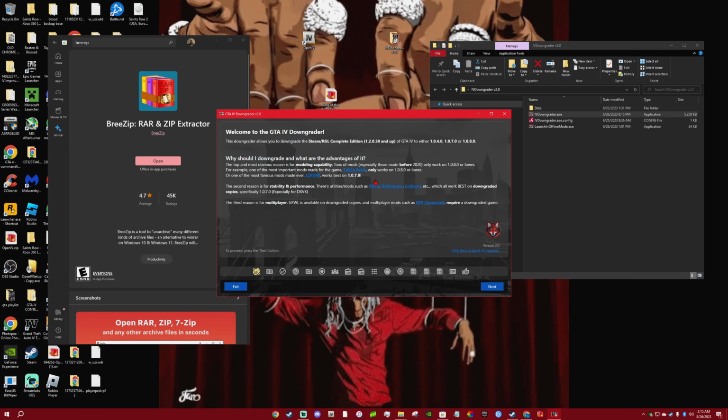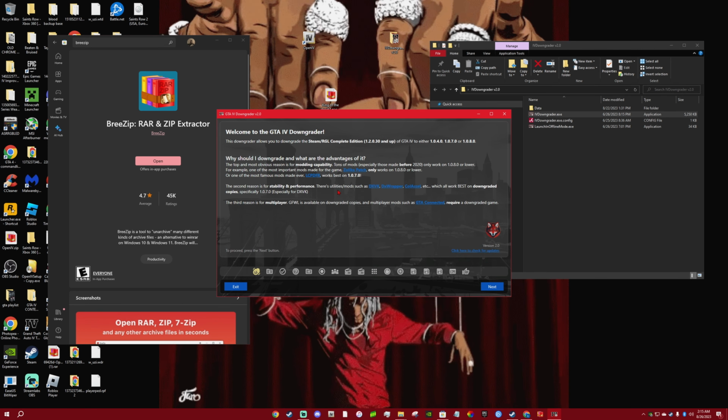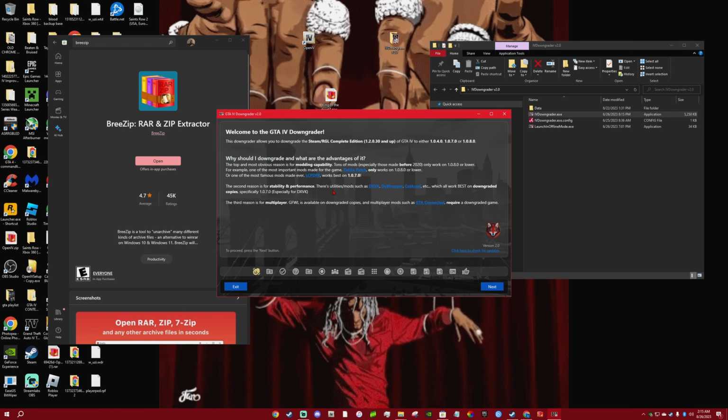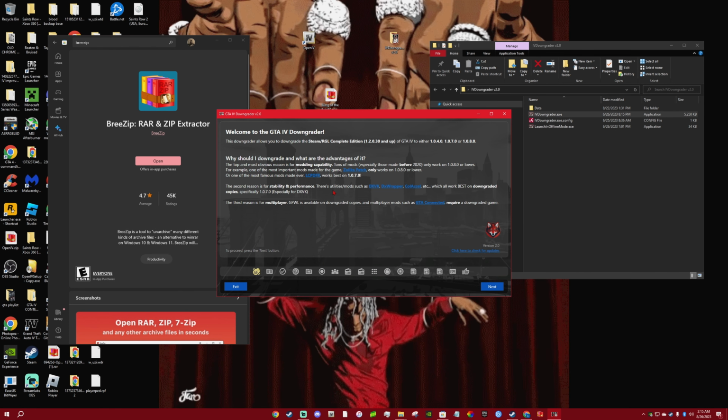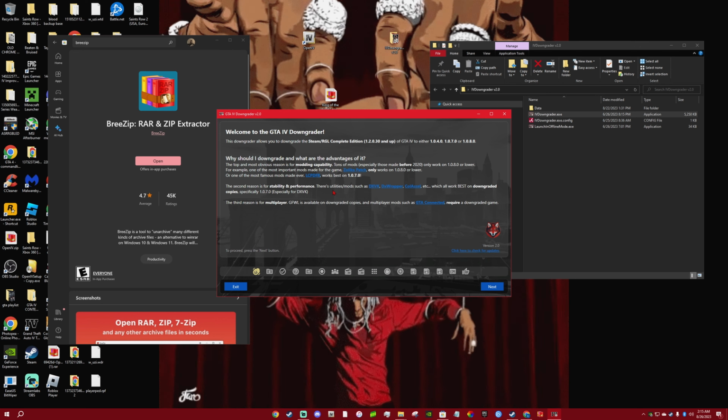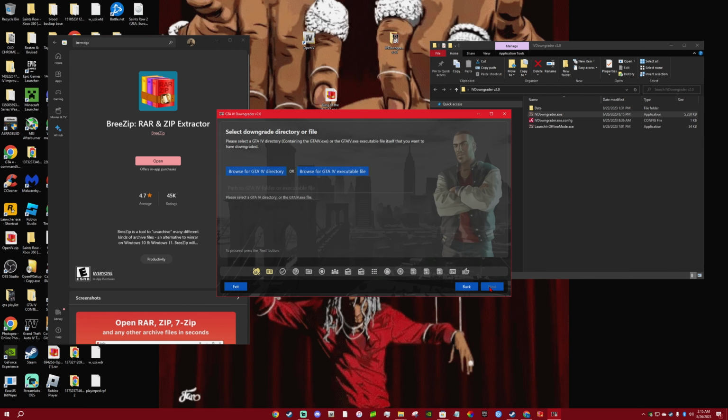And so this screen right here is just letting you know what all the different patches do, what they can and cannot do. If you were brand new to this game, brand new to modding this game, I would go through and read all of this. For the sake of this video, I'm not, so you can pause and check it out if you need to.